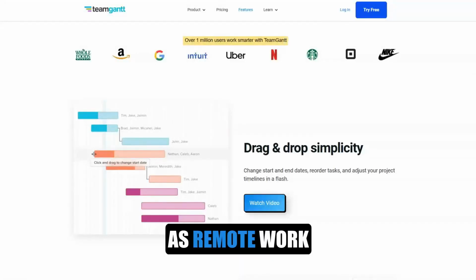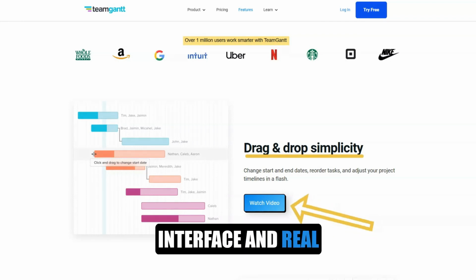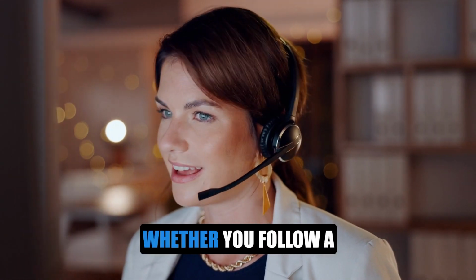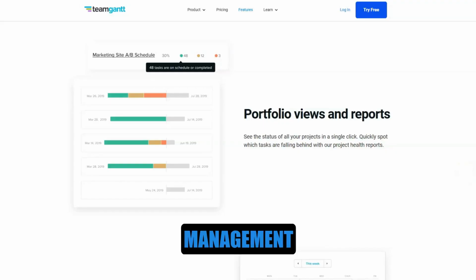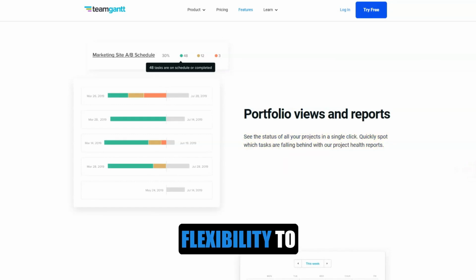tools. As remote work becomes more common, TeamGantt has proven to be a reliable tool for distributed teams. Its intuitive interface and real-time updates ensure that everyone on the team, regardless of their location, stays aligned with project goals. Whether you follow a traditional project management methodology like waterfall or prefer agile practices, TeamGantt offers the flexibility to